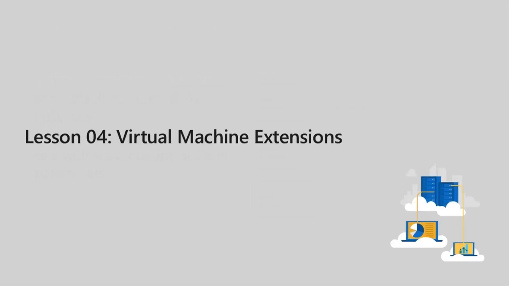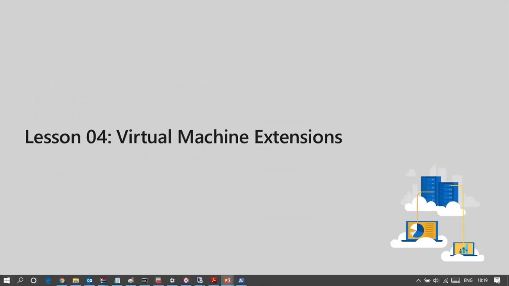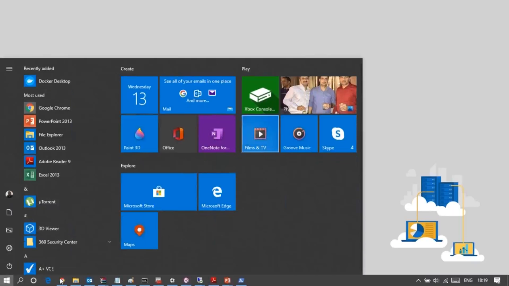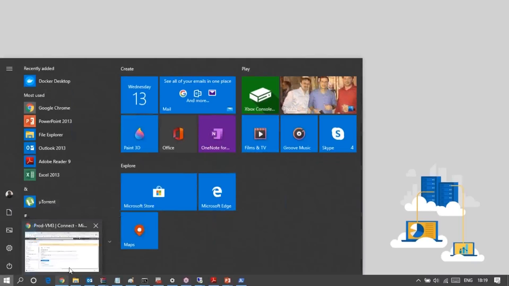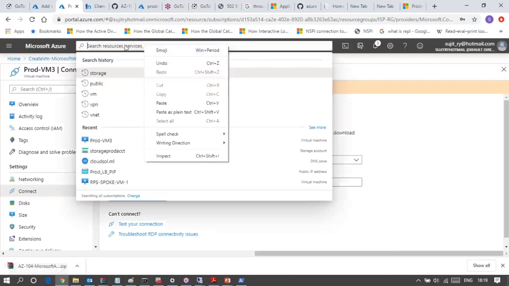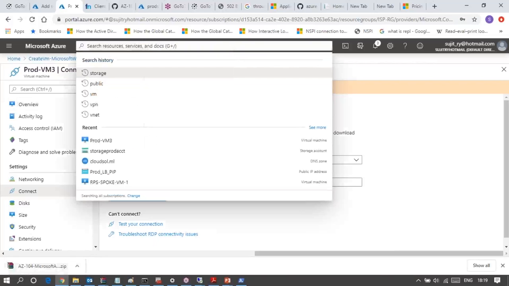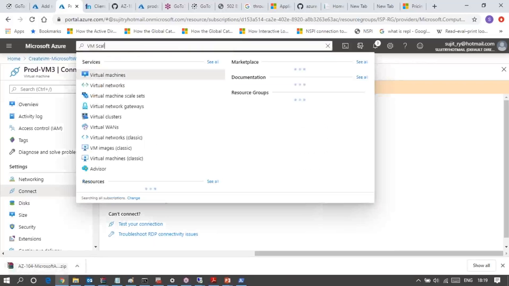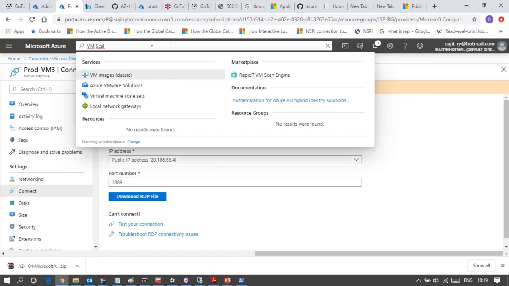Virtual machine extension. Before we go for the virtual machine extension, let me go back to the portal. This is called virtual machine scale set.